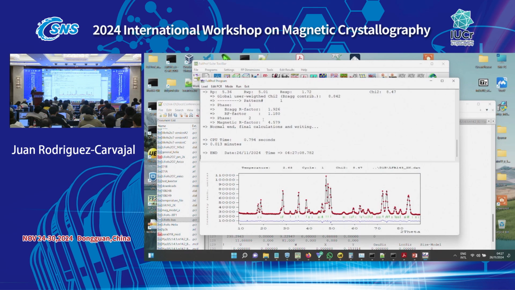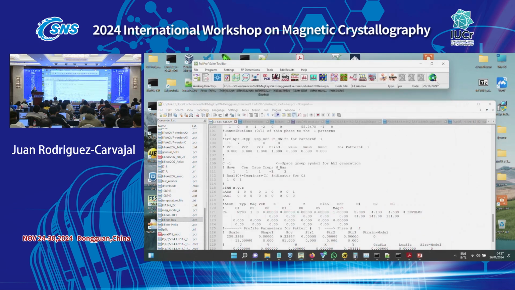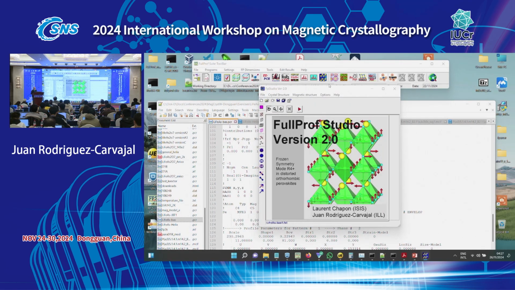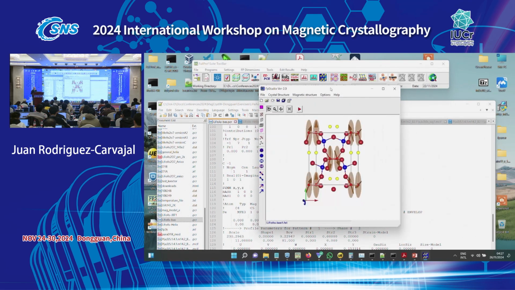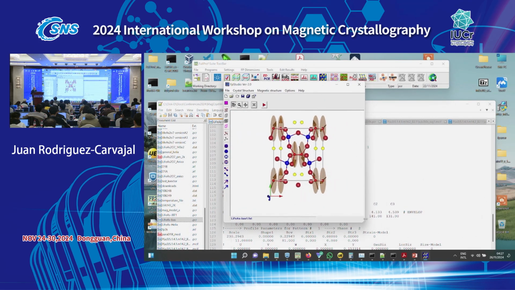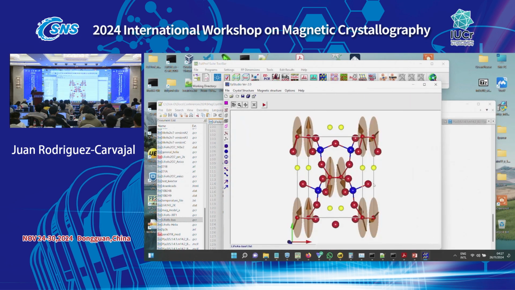You have the refinement, you have the magnetic factors. For example, I can open FullProf Studio, which is able to refine and plot incommensurate magnetic structures.